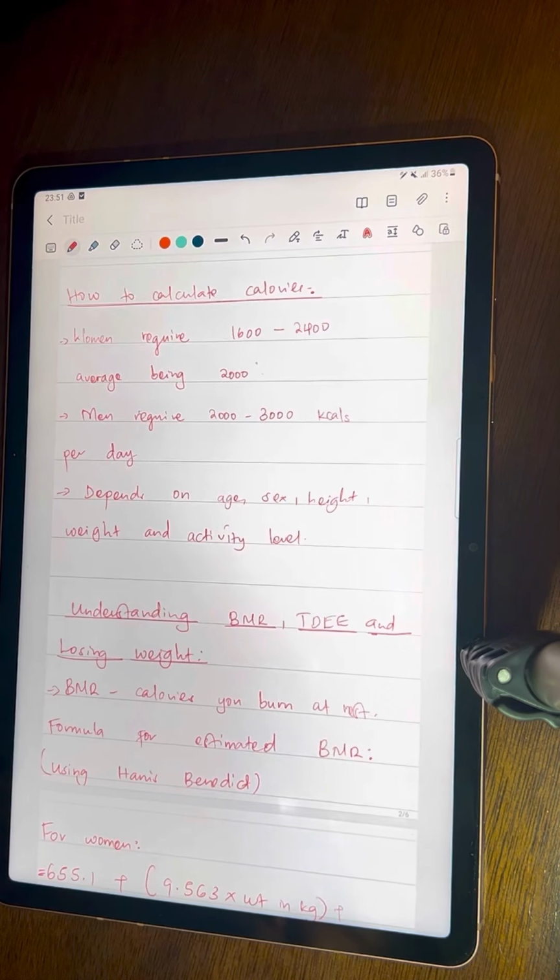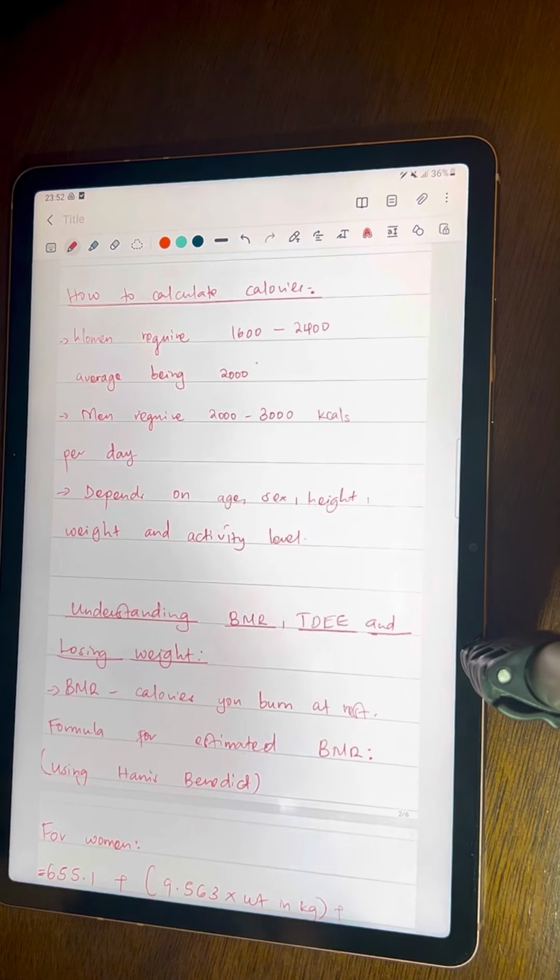all adults. Then for men, they require 2,000 to 3,000 kilocalories per day, and that's just an average for a group of people. You cannot now just pick the random 2,000 to 3,000. So we calculate that depending on your age, height, weight, sex, and your activity level. But before we get to the calories, then we need to understand a few terms that we will need to